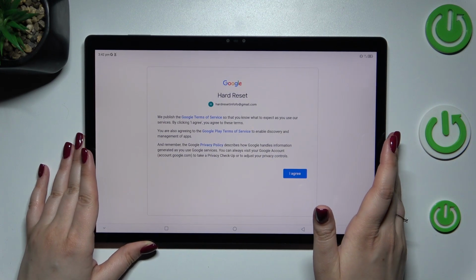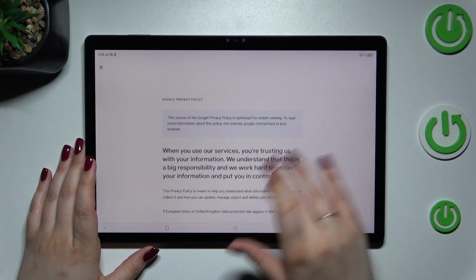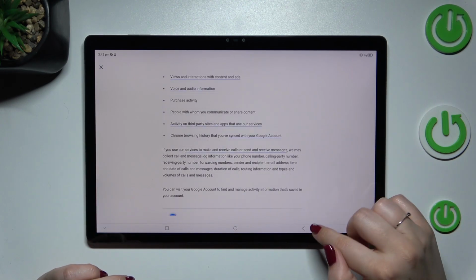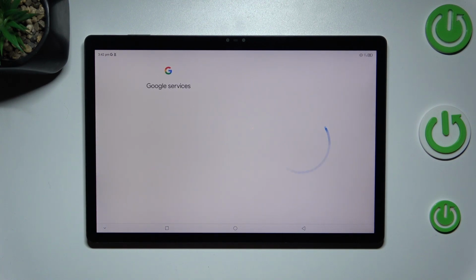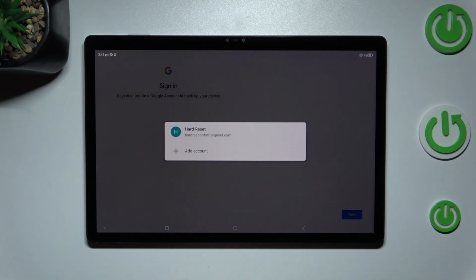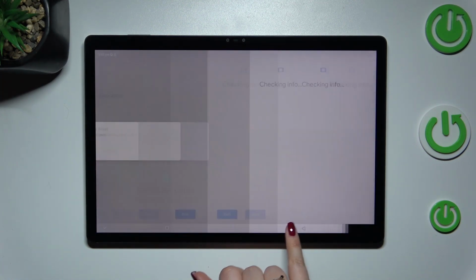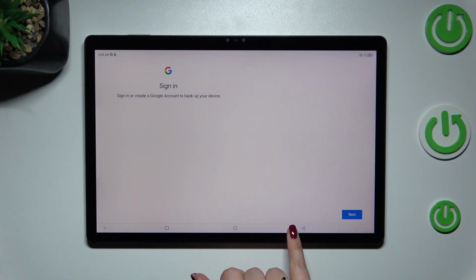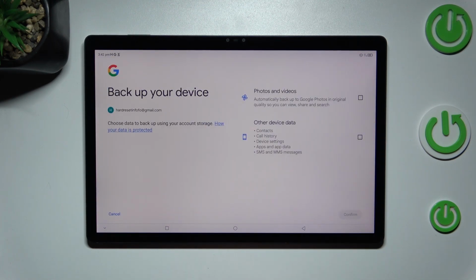Here we've got Google Terms of Service and Privacy Policy, so of course you can read it, just tap on it and there you've got the info. And tap on I agree after the reading. And what happened? I hope that we just added our backup account. Yes, so we finally and successfully added our backup